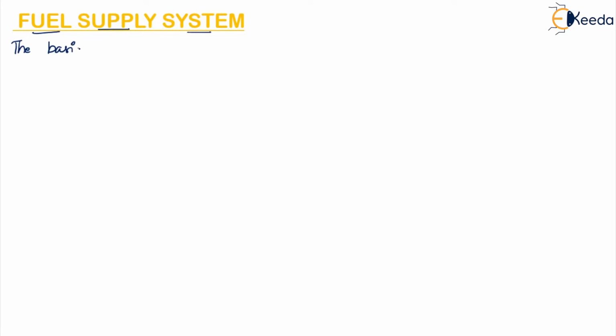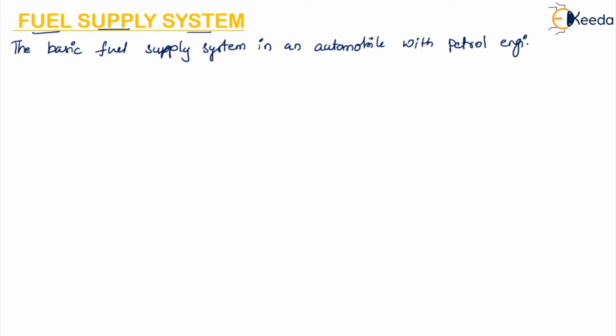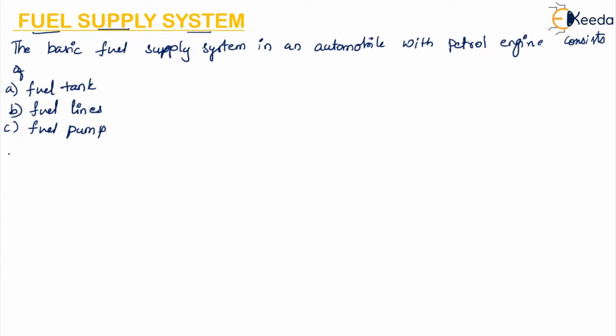It consists of a fuel tank in which the fuel is stored, then the fuel lines through which the fuel passes from one place to other, then the fuel pump which pumps the fuel from one place to other, then fuel filter which is for filtering the fuel if any impurities are present, then there is air cleaner which will clean the air,